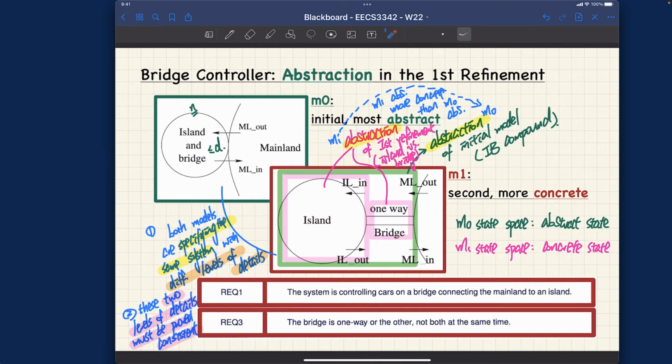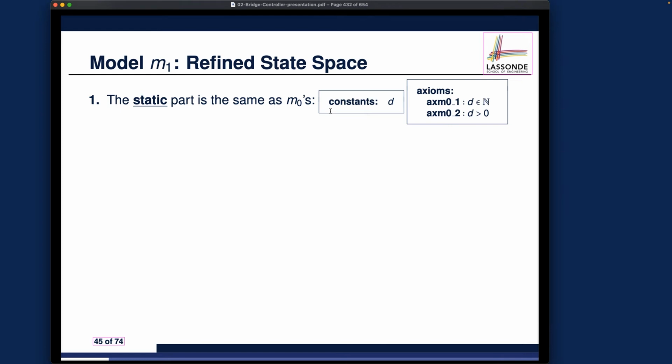What I want to say is that the same constant is used for both the initial model and the refined model. Since we have different sets of variables in the initial model and the refined model, we want to make sure the D is used consistently. Something you can keep in mind. I will show you the details later, but for now I'm just waving my hands a little bit to give you a heads up on this. So we still have the maximum number of cars, but now it will be the maximum number of cars that upper bounds